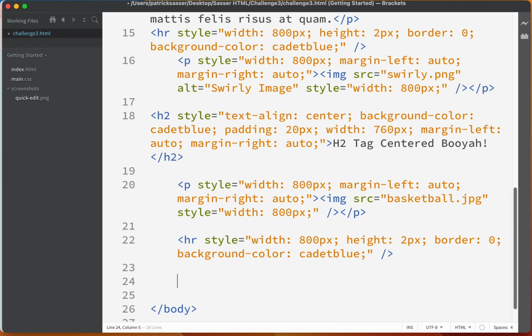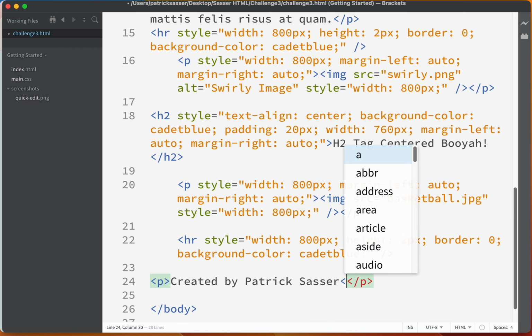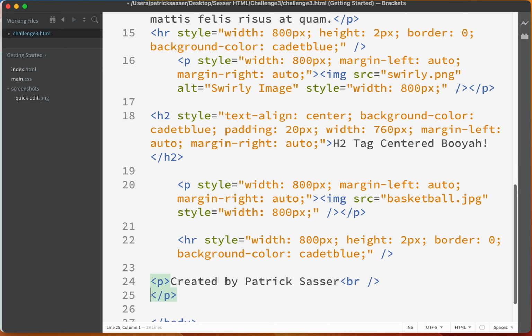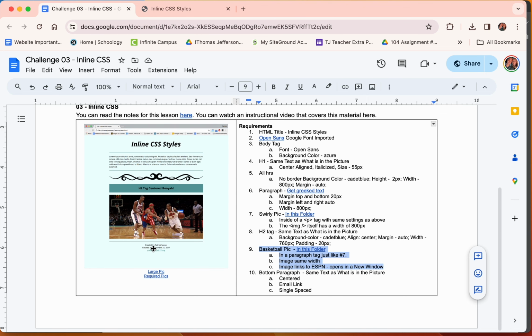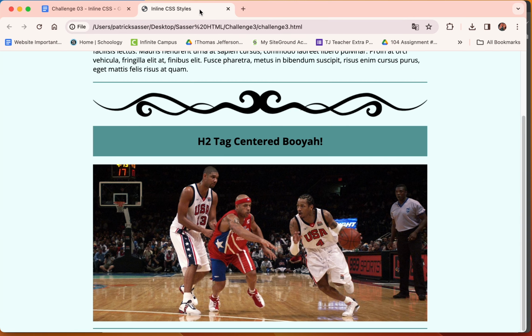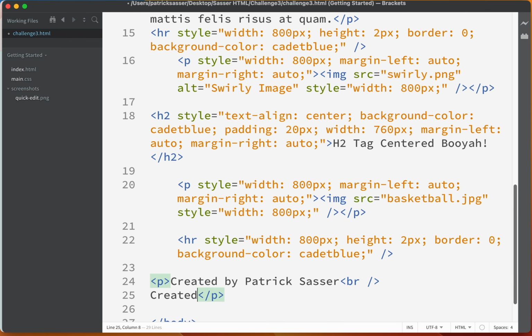So below the HR, we'll do a P tag. And we'll say created by Patrick Sasser. And then if we want this single spaced, we need to add in a BR. And then it's supposed to say created on. So now we'll put today's date. Created on, and it's January 23rd, 2024. Another BR, and then we can say email me at, and I'll put my email address,